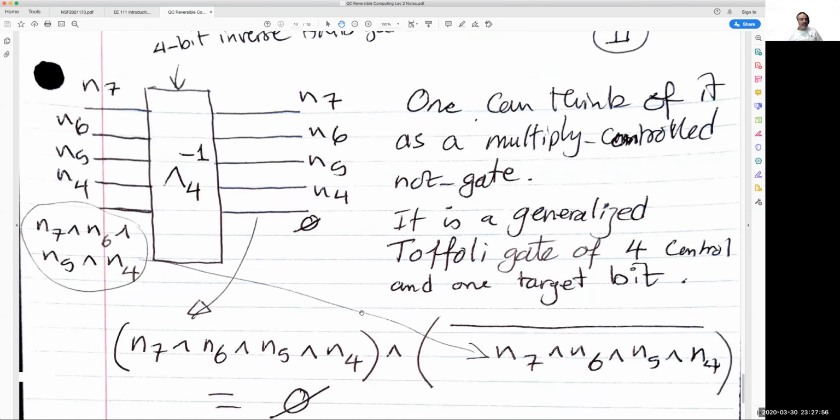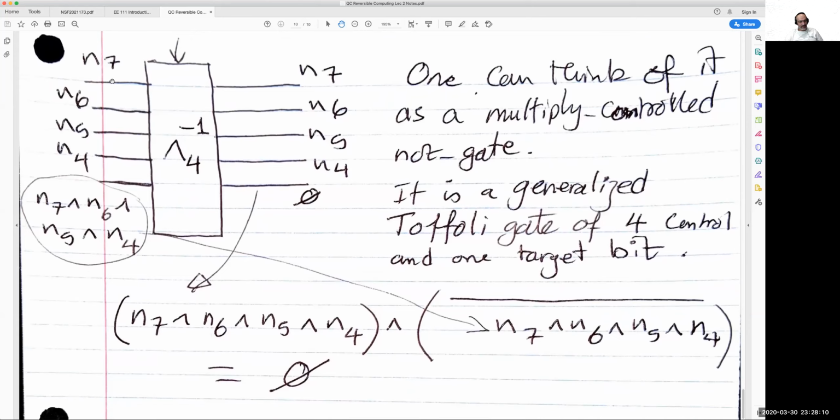This is another thing I was trying to show: that the four-input Toffoli gate is the inverse of itself. Basically, this is a multiply controlled negation gate with N7, N6, N5, N4 as controls. If you get the AND of all these bits, you would get the individual bits and a 0. Again, this is C, like in the previous page, inverse, ANDed with the AND of bits N4 to N7. And then again, this would give you a 0. So that's it